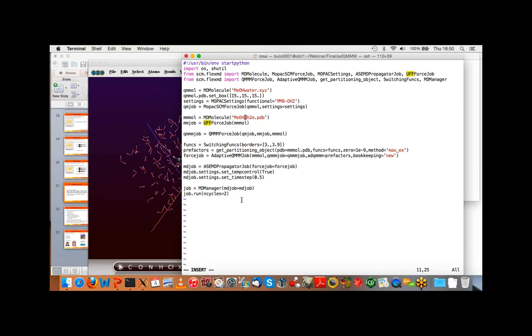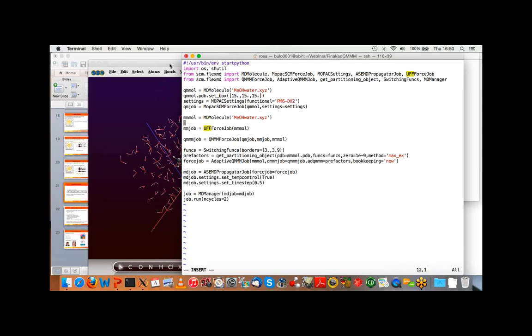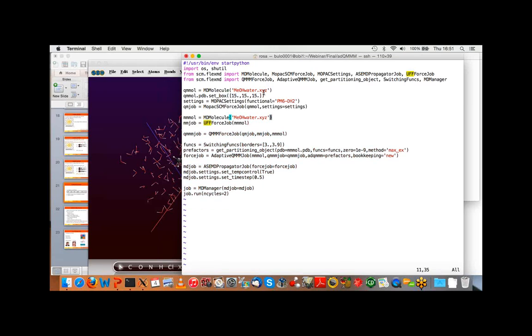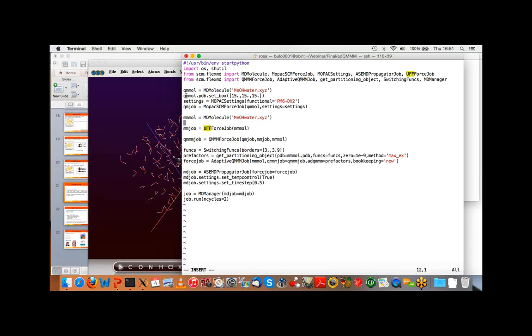Again, we have to pass the periodicicator. Okay, I'm going to type it. Okay, and then we create the MM job. We put them together in a QMMM job, and this time we don't have to say anything about which atoms are QM and which atoms are MM, because that is going to be decided in the adaptive QMMM part,